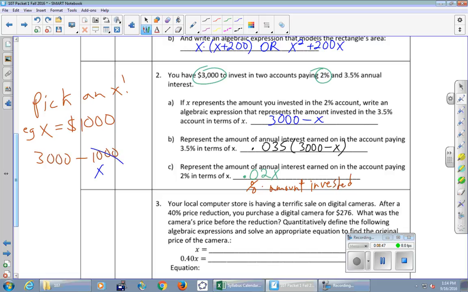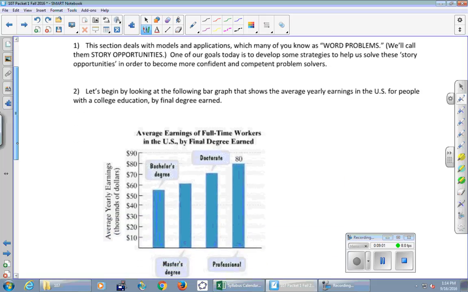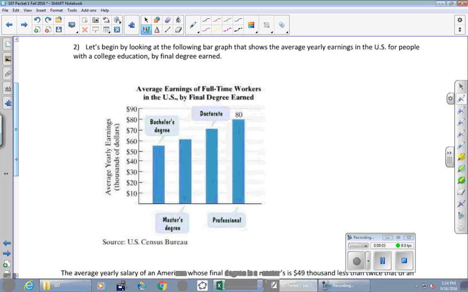Okay, so we're not going to do number 3 together here. You can try it later on. I don't know that many groups had a chance to play around with it. So let's just move on to the teaching demo here. We'll look at some more examples of some of these word problems. Let's take a look